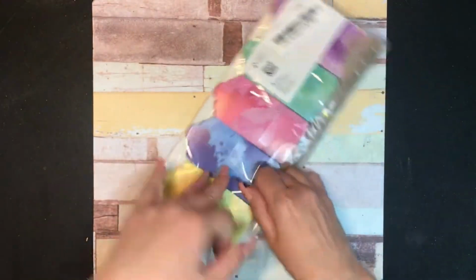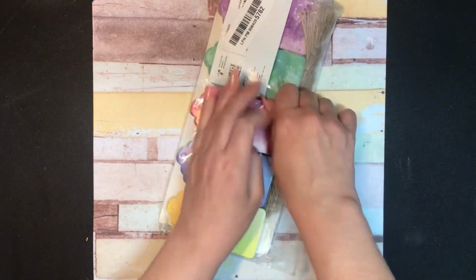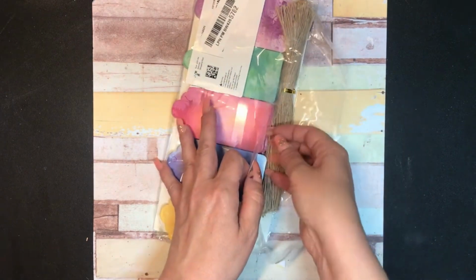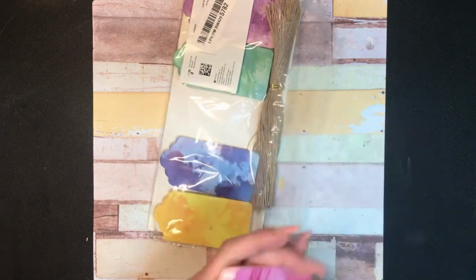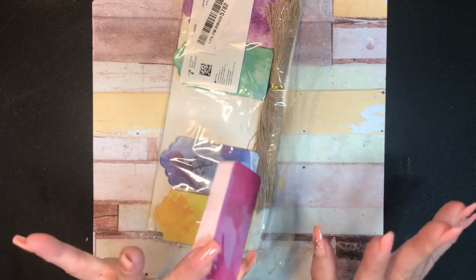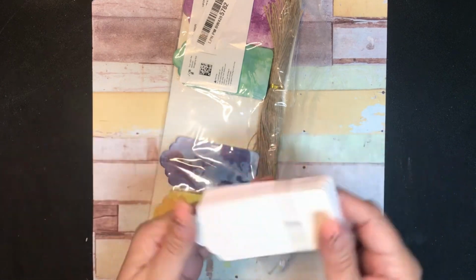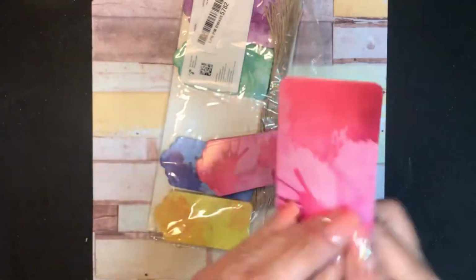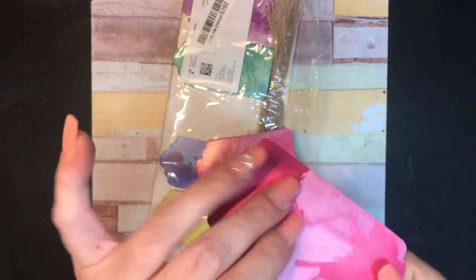But the idea behind this was, because I have a lot of different pencils and pencil cases, and I don't always remember what pencils are in what pencil case. So I wanted to get these. Like I said, I hadn't even opened these yet. So this is kind of like a